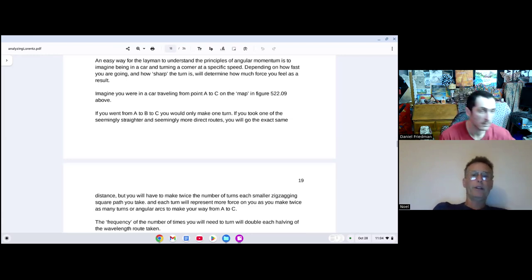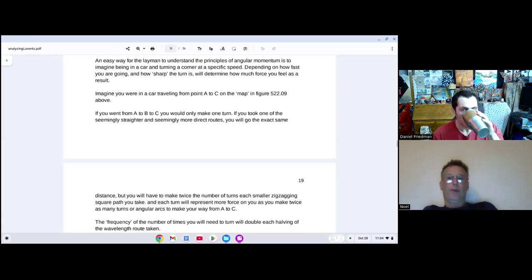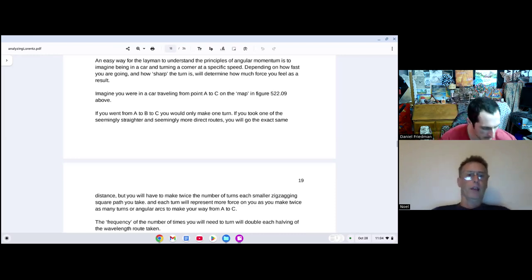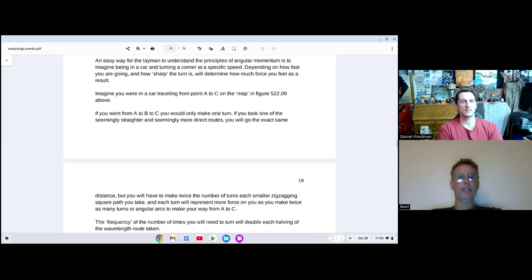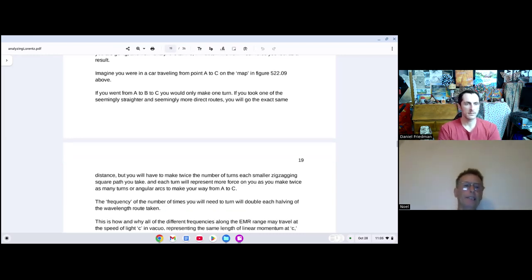Now, force is related to pressure, and that's why you're going to feel yourself pressing against the door or the other person next to you in the car. Now, imagine you're in a car traveling from A to C on that map. If you went from A to B to C, you would only make one turn. If you took one of the seemingly straighter and seemingly more direct routes, you'll go the exact same distance, but